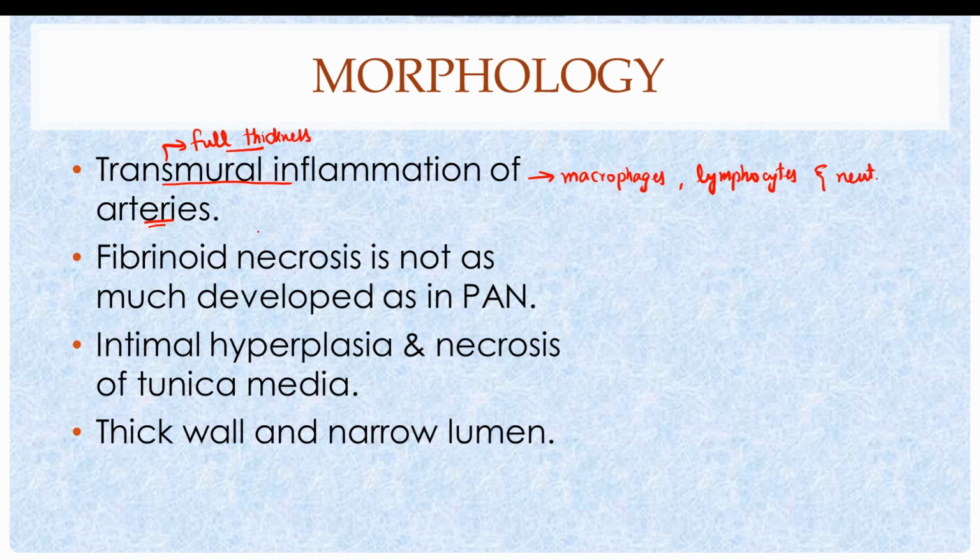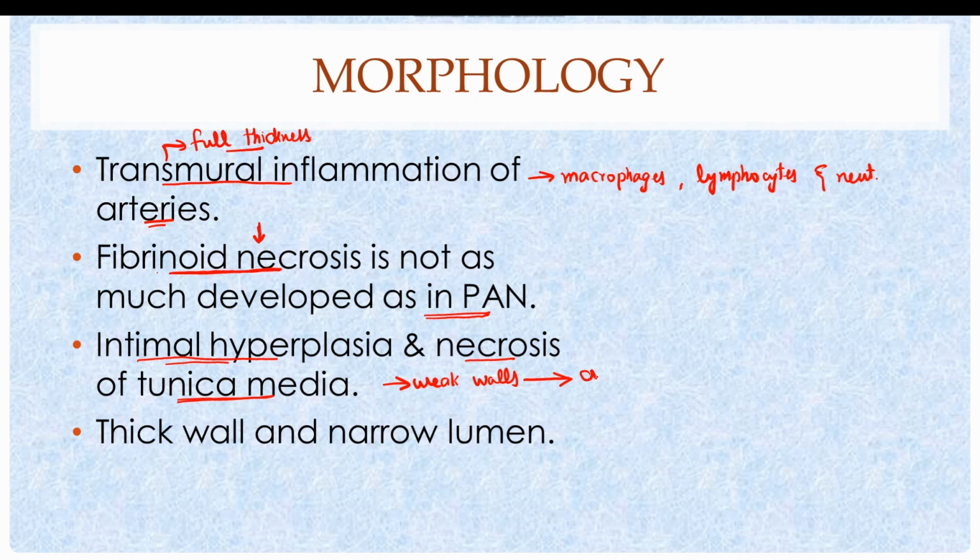Unlike polyarteritis nodosa, where fibrinoid necrosis is extensive, Kawasaki disease is characterized by minimal fibrinoid necrosis, and the fibrinoid necrosis is not as well developed as in polyarteritis nodosa. There is also damage to endothelium and intimal hyperplasia, and there is necrosis of tunica media due to the antibodies against smooth muscle cells. The loss of smooth muscle cells results in weakening of blood vessel wall, which predisposes the